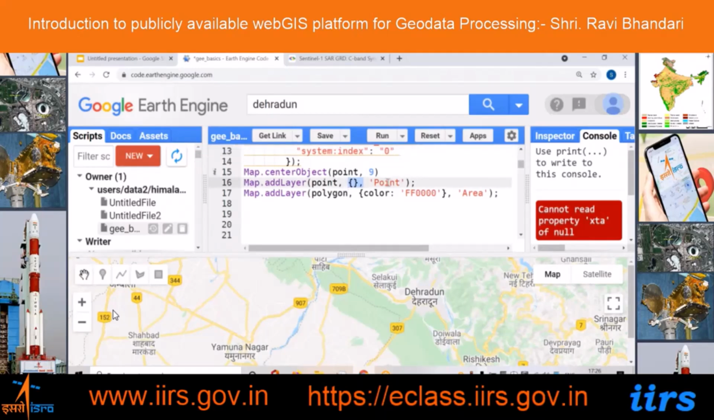Similarly, to display a polygon, Map.addLayer with the name of your feature collection or feature. Then you can fill the color of it; edge color, fill color and multiple other parameters are also there, which you can read in the documentation. And if you want to fill the polygon with a particular color, you can pass in the color also. So now if I run it,